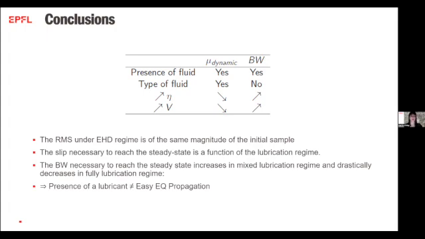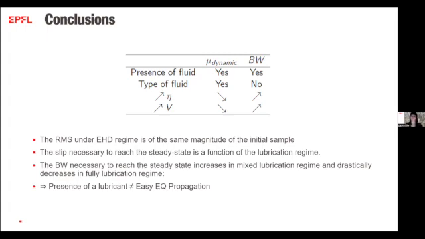What I want to remind you is that the RMS, that is the asperity size under fully lubricated condition, is of the same magnitude as the initial sample, and this confirms that we are really under fully lubricated condition. The slip necessary to reach the steady state is a function of the lubrication condition, with a DC that increases under boundary and mixed lubrication condition and decreases under fully lubricated condition, and the breakdown work necessary to reach the steady state also increases under mixed lubrication condition and drastically decreases in fully lubricated